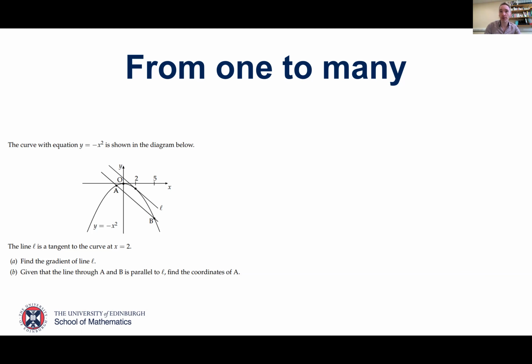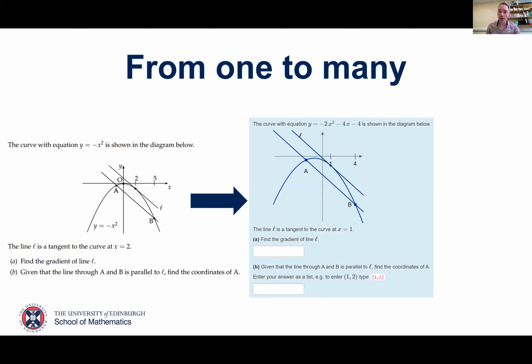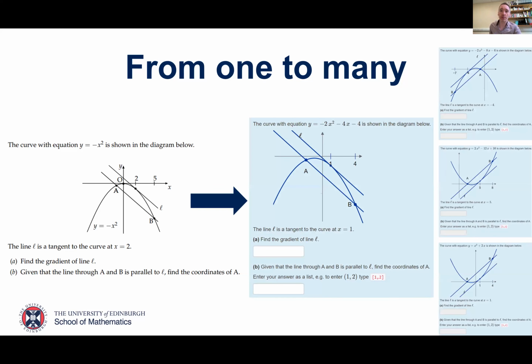This is a question that I know works and it has nice numbers. All the intersection points are integer coordinates. The curves and so on all have reasonable expressions behind them. So I can easily produce from this lots of different random versions of questions where I know the students will be able to work it through, and the level of difficulty and the types of expressions that they'll have to deal with will be consistent. So it's not that one student's going to suddenly have to have complex numbers or weird fractions to answer this